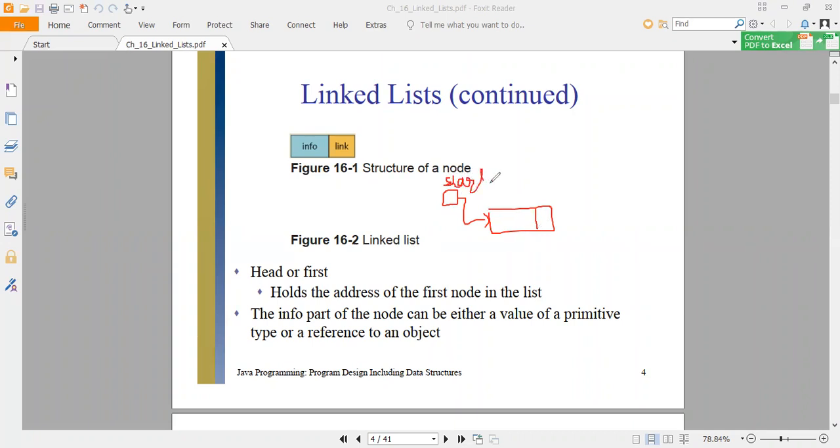So this start pointer holds the address of the first node of our list. All right. Then afterwards, this link part will hold the address of the next node. And the info part of the node can be either a value of a primitive type or a reference to an object. So here we can store any referenced value, any data element, in our info part.